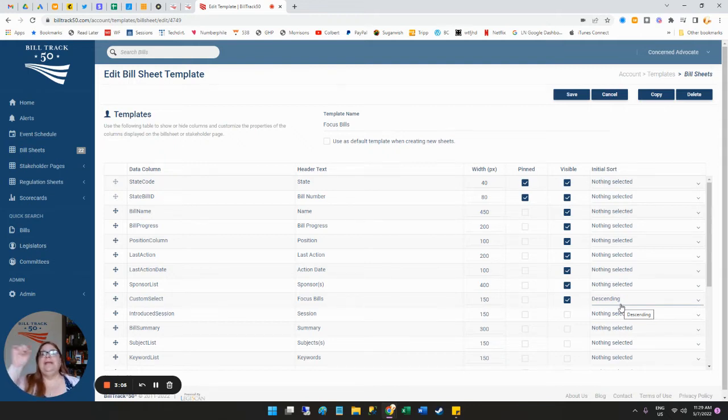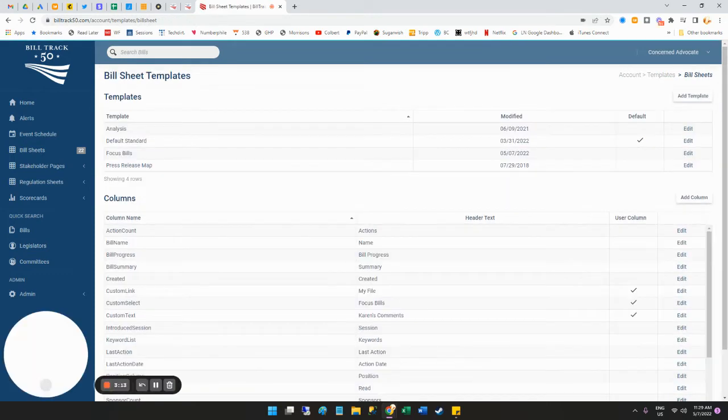So you've got to put the biggest number at the top when you do descending. So put the most important bill as the biggest number. Okay, so I'm going to save this change. So now if I go to my,